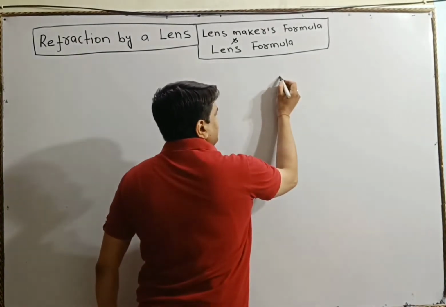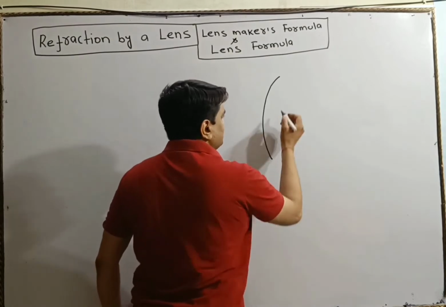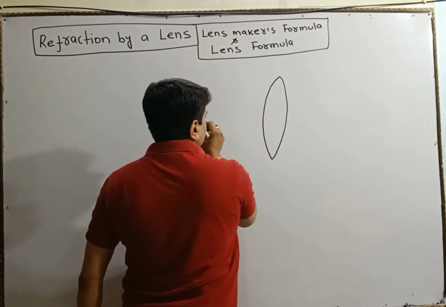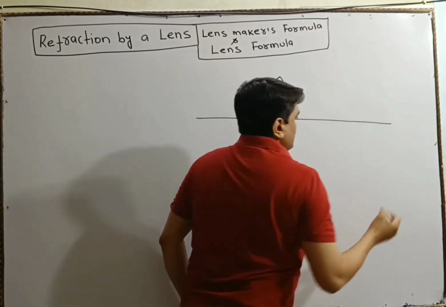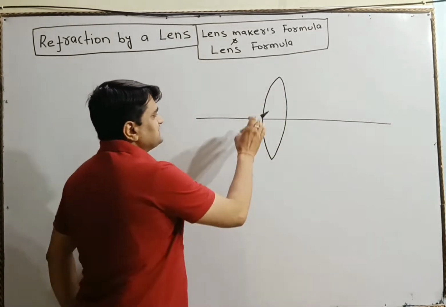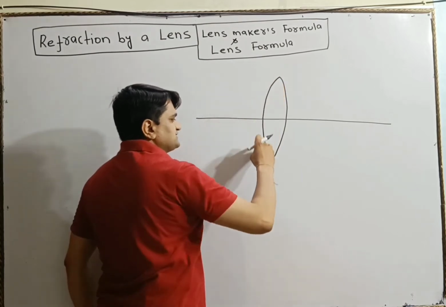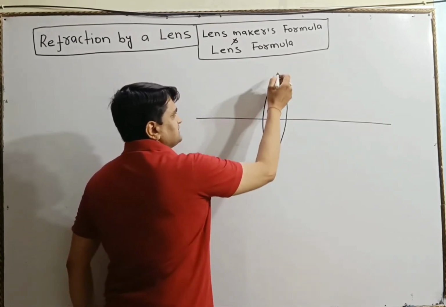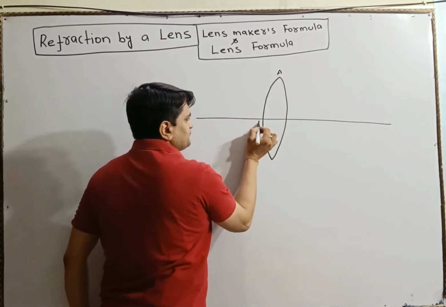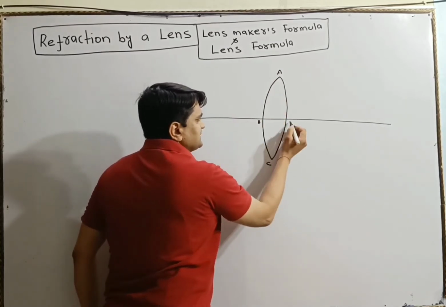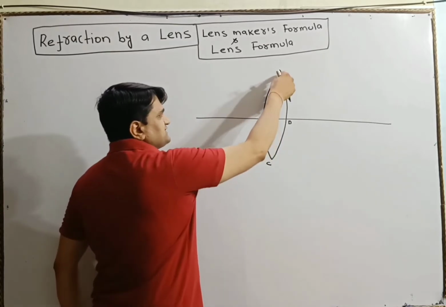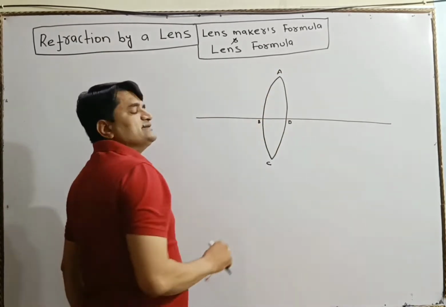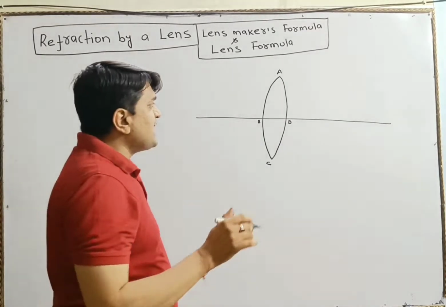I have taken a lens. Let's have a lens. It is a convex lens. Here, this lens is made of two surfaces. One surface is this and another surface is this. Let the points be A, B, C, D. One surface is ABC and another surface is ADC. There are two surfaces, and for